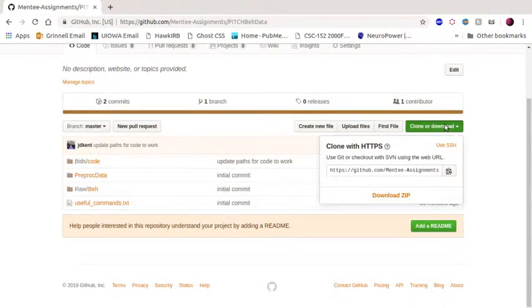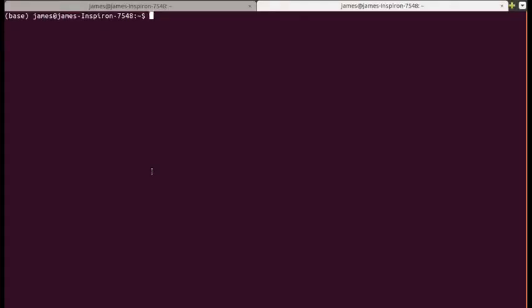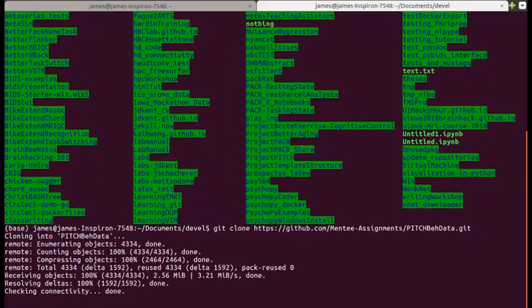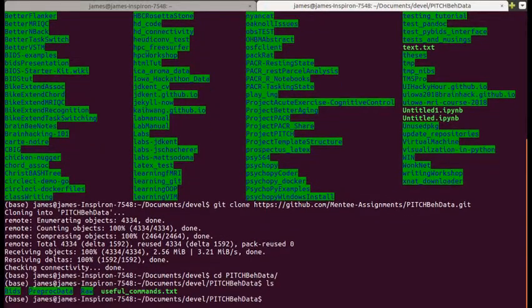We'll click on the clone or download here, copy it to our clipboard, then we'll switch over to the terminal and we'll cd into documents, devel, and we'll type git clone, that URL with Control-Shift-V. Now cd into the repository that we just made, cd into bids code,